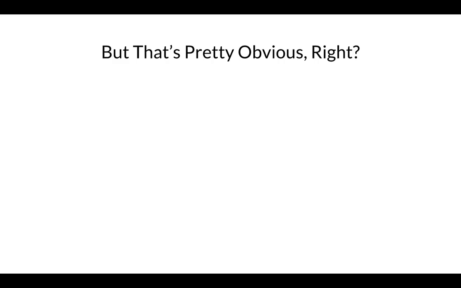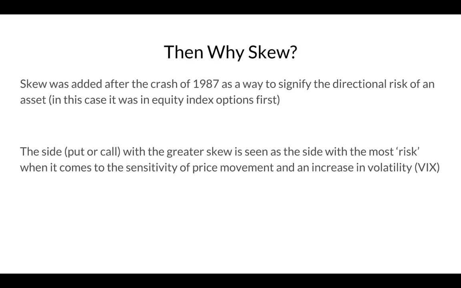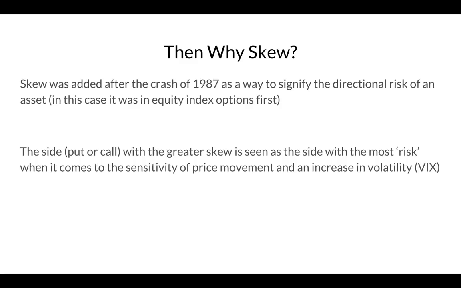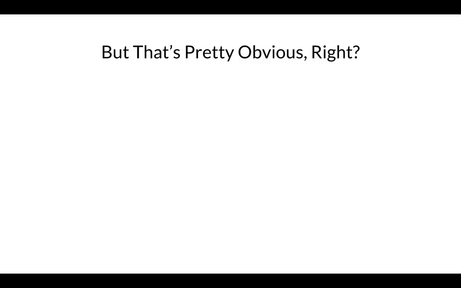But that's pretty right. That makes sense, right? The risk is always to the downside. People in the stock market are always protecting their risk. So it makes more sense to build in premium to the options that are more sensitive to losing value or gaining value when prices go down, because again, risk is always perceived to be to the downside. We're always trying to protect our downside. We're always trying to lose less money, right? When we buy puts, we want to protect our downside if puts go down, or if prices go down. And that's pretty obvious, right?